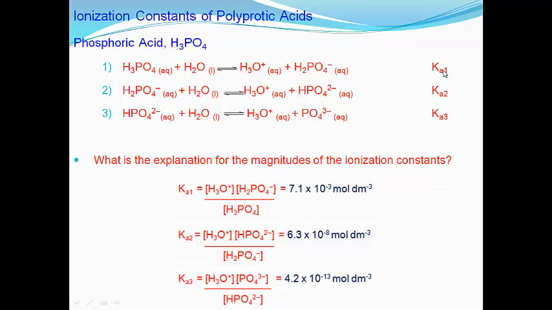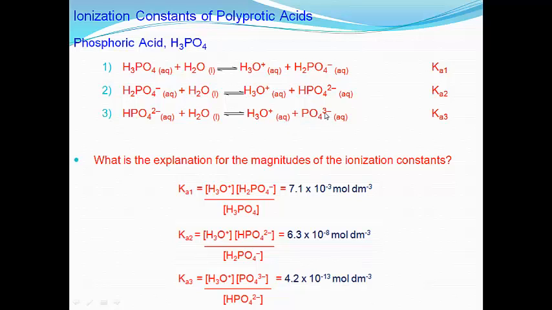We have Ka1, and then the H2PO4 minus that is formed in the first step reacts with water to give us H3O+ and HPO4 2 minus, and the corresponding constant is Ka2. And then the HPO4 2 minus that is formed reacts with more water to give us H3O